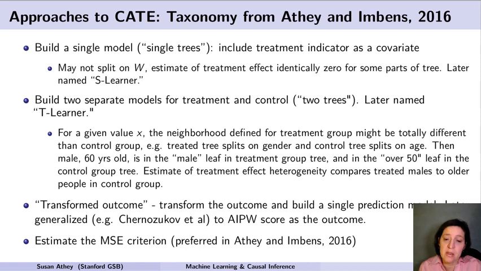What we do instead in this paper is we estimate the mean squared error criteria, and that's the thing that performs the best in our paper. Although there could be settings where the transformed outcome type of approach could work better as well. This also helps us see one of the themes that I alluded to in my introduction: sometimes you can approach a causal inference problem by modifying the problem and then applying off-the-shelf prediction methods, and sometimes you're going to want to actually modify the method. And so now I'll show you how we modify the method.